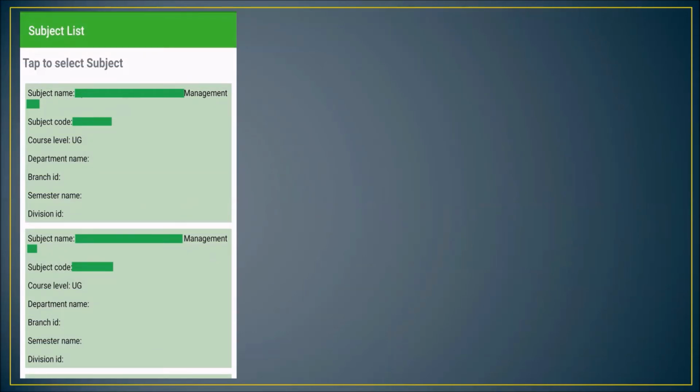As you tap on the year that you select, it will take you to the subjects. The teacher has taught you certain subjects in the particular year. You need to tap on that particular subject. You need to keep in mind that you are going to give feedback for the entire academic year of 2020-21, which means there are 2 semesters involved in the academic year, and you need to be giving feedback for the faculty who taught you in both the semesters, that is odd or even semesters.